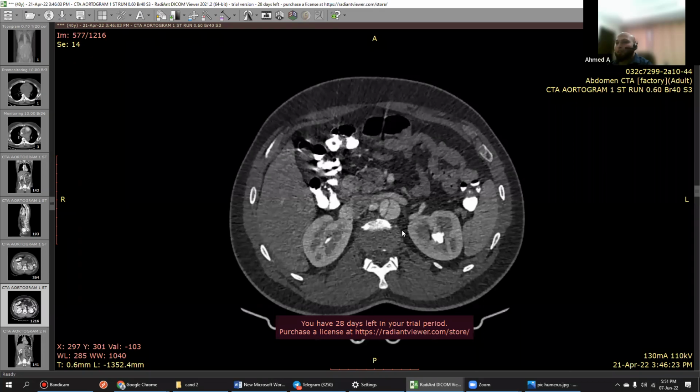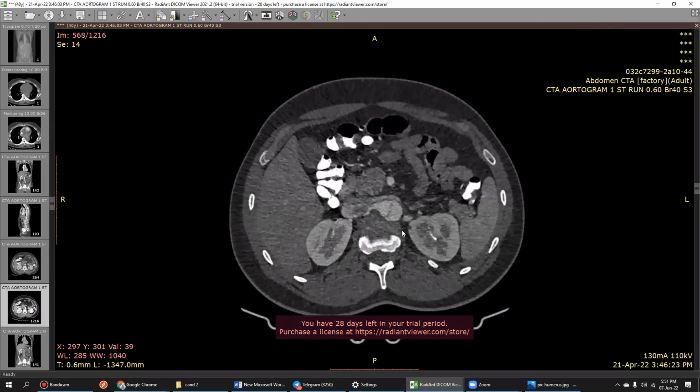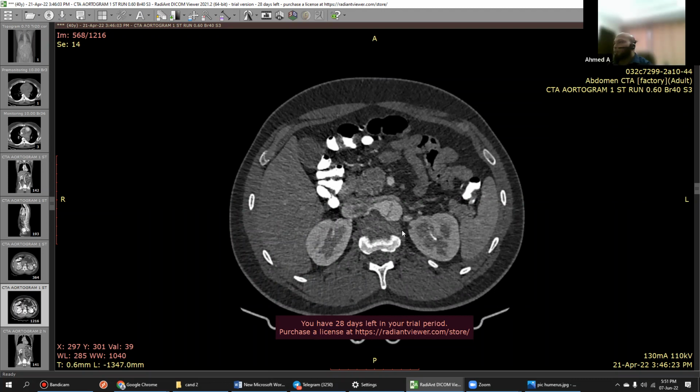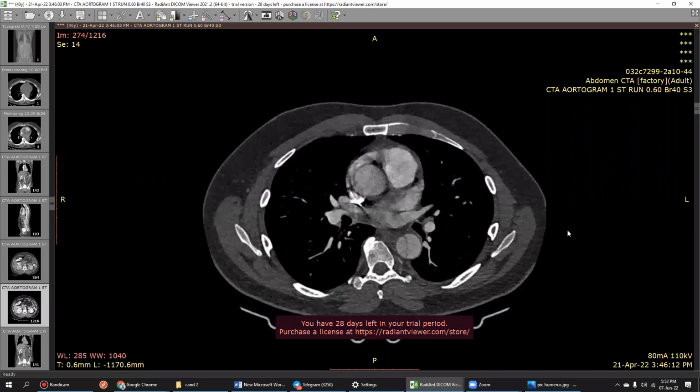Are you sure it's a type B? Why did you say it's a type B? How will you differentiate type A and type B? Type A extends from the region of the aortic arch and then extends distally. Type B starts from the arch, right? I assume that it's beyond the origin of the left subclavian artery, so I will go back and review that.